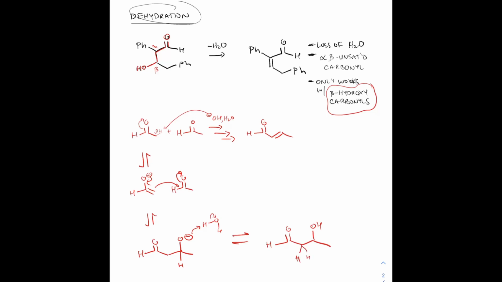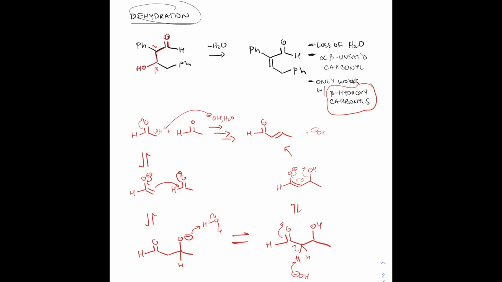Okay, so if there are still alpha hydrogens present, those alpha hydrogens can be removed by excess sodium hydroxide or excess hydroxide. So if we have excess base, we can remove that to form yet another enolate. And in this case, that enolate, the negative charge on that oxygen, if we kick that back down to form the carbonyl carbon, the carbon-carbon double bond can actually go over to form another carbon-carbon bond and kick out hydroxide